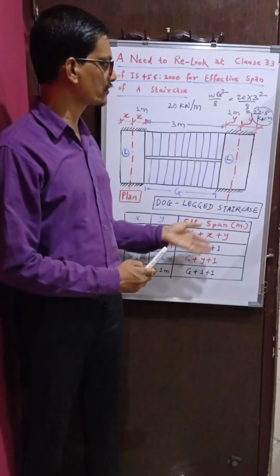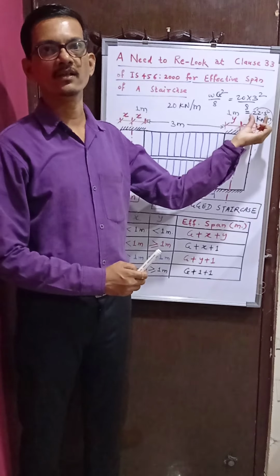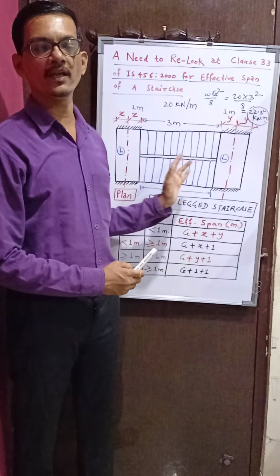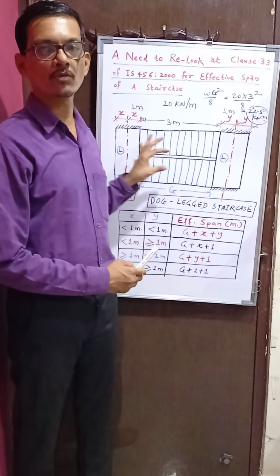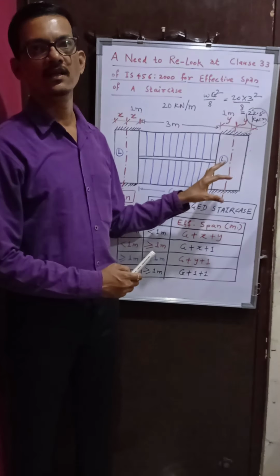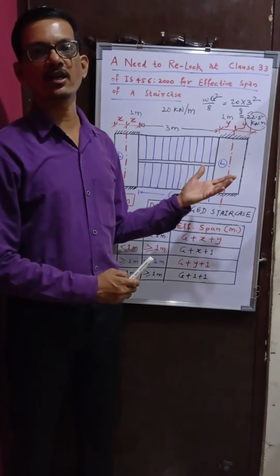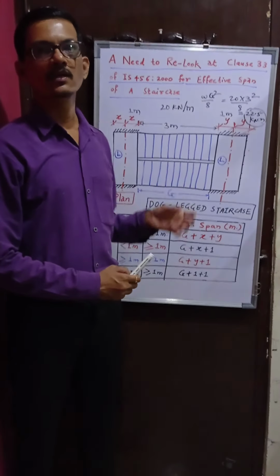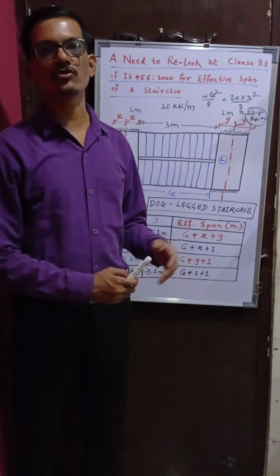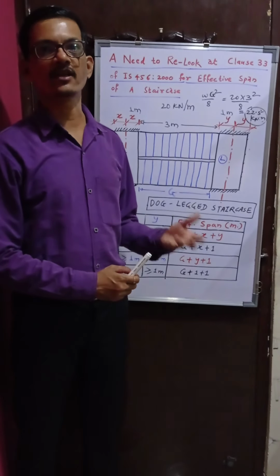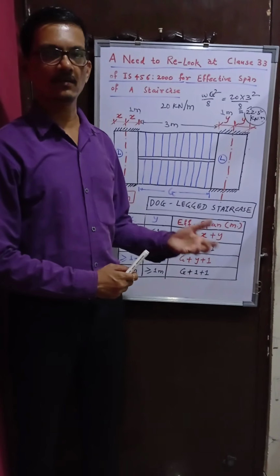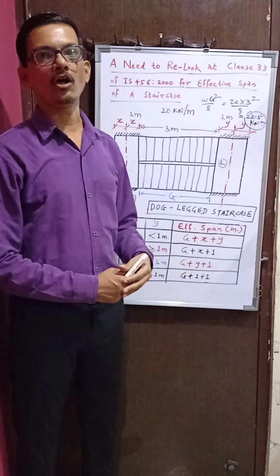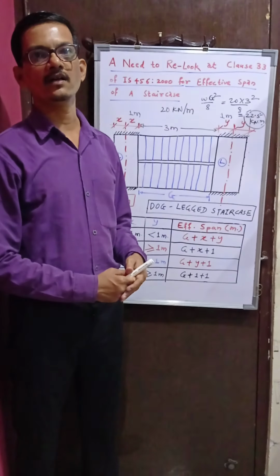Now this large difference of bending moment leads to more tensile steel to be put in the longitudinal direction at the bottom of the flight as well as the landing, and moreover the depth required will also be more. But of course, we know that in a slab system, the depth of the slab is not governed by the bending moment requirement, it is governed by the deflection criterion. But when we solve it analytically, when the bending moment is more, along with more steel requirement, the effective depth required will also be more.